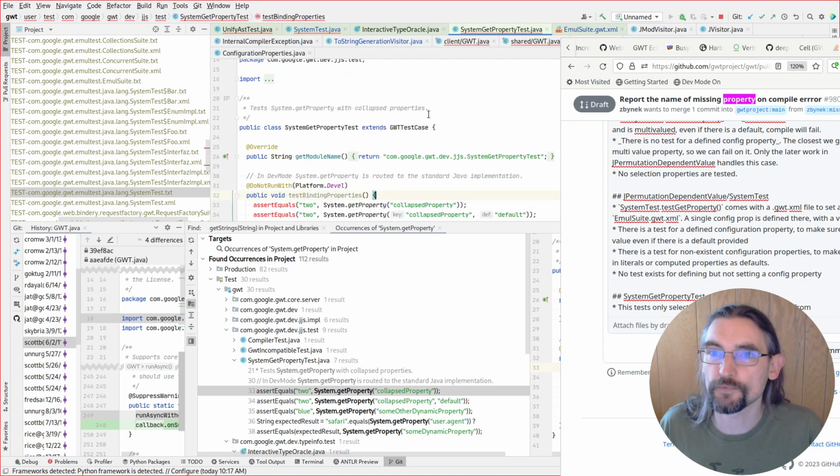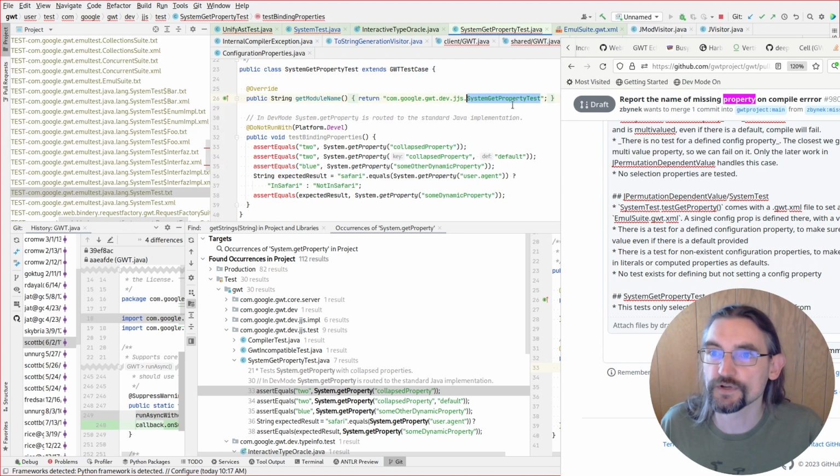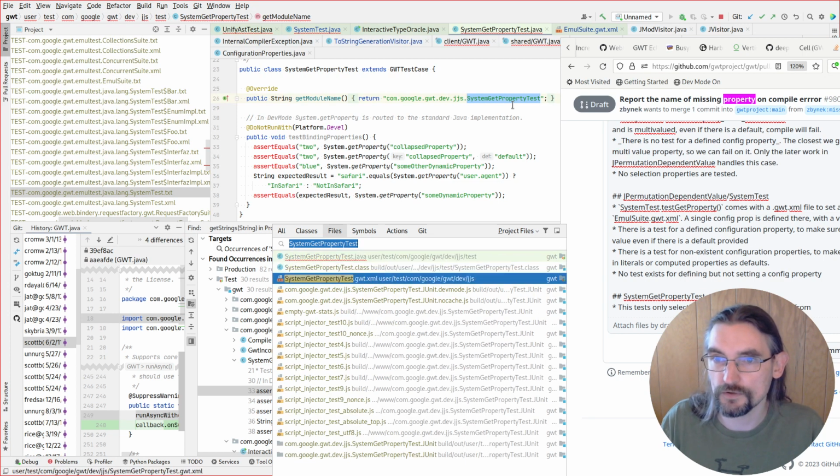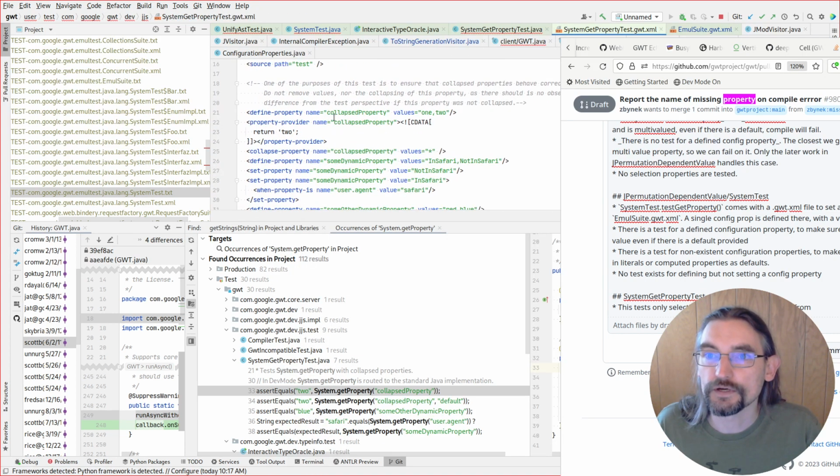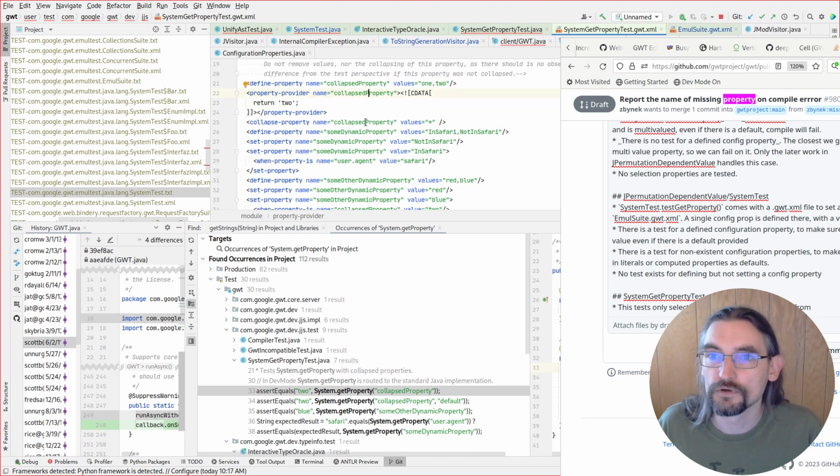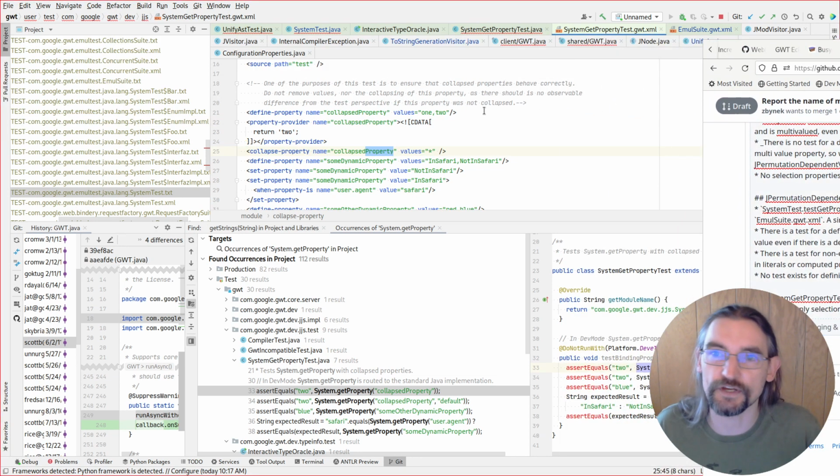Okay, let's see where collapsed property comes from. It's probably in this XML here. It'd be easier if I just open it straight away. All right, we got a property provider that always returns 2 for collapsed property. And then we collapse it. So it must always define them. Let's see, read the comments. One of the purposes of this test is to ensure that collapsed properties behave correctly, do not remove values, nor the collapsing of the property, as there should be no observable difference from the test perspective if this property was not collapsed. Okay, so we've got some dynamic property,